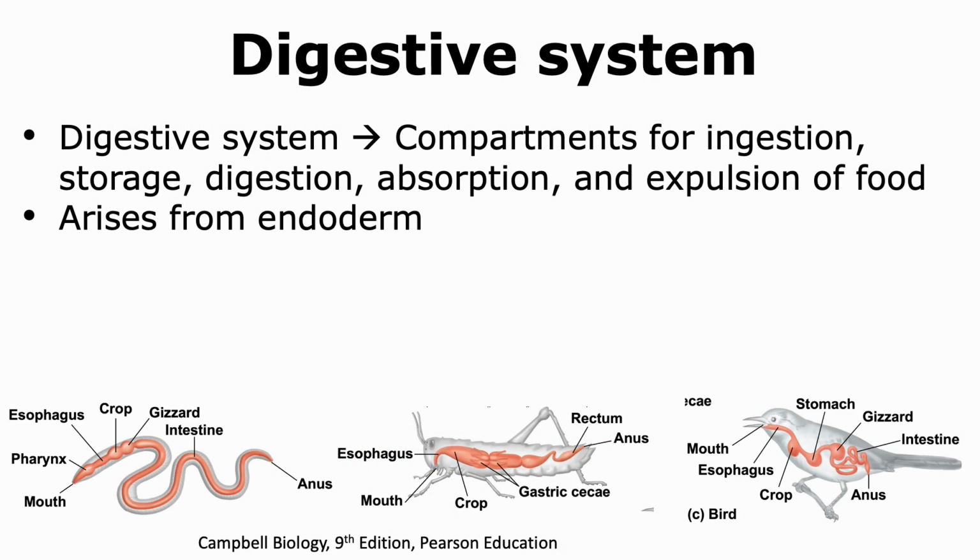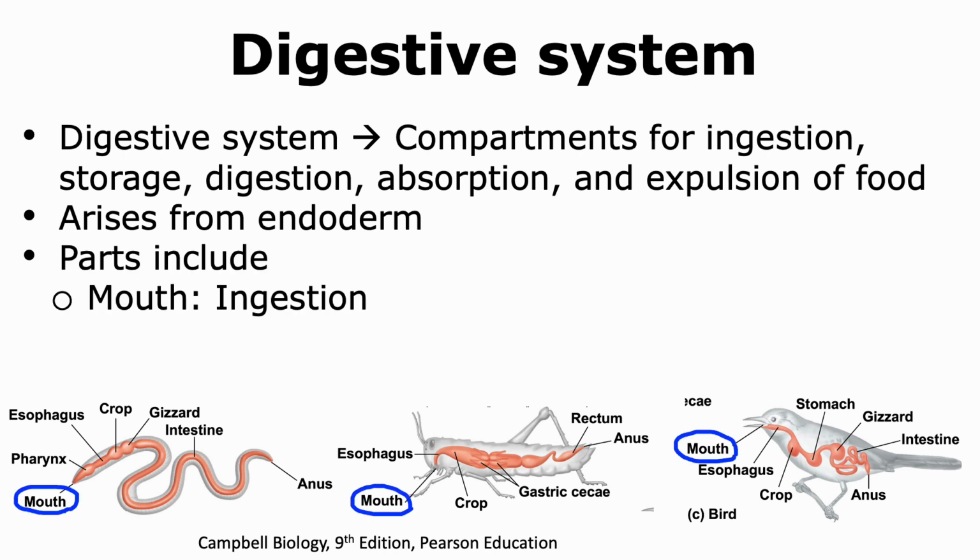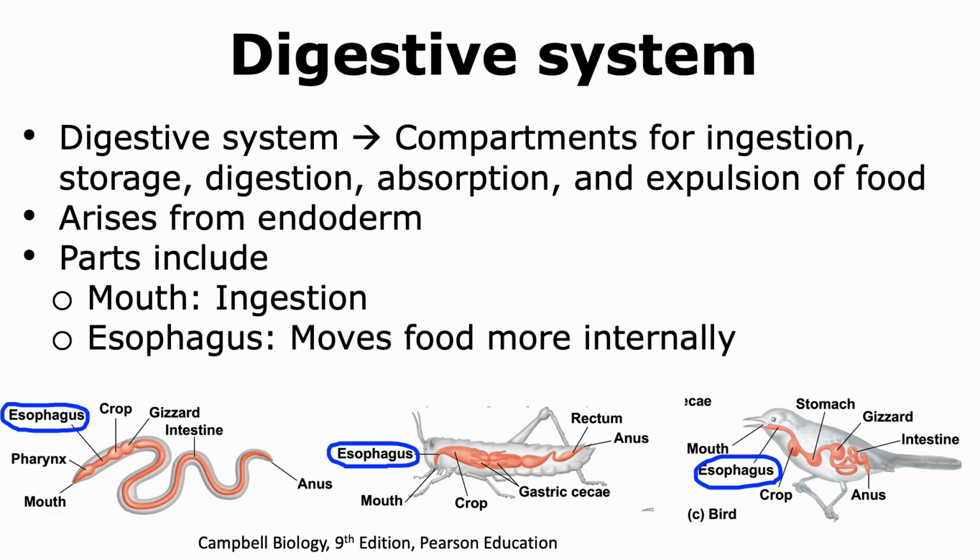The digestive system in animals usually arises from the endoderm, which is the innermost germ layer. The different parts present in a digestive system include a mouth, whose primary role is to ingest the food. The esophagus is a tube-like structure that allows the food to move from the mouth into more inner parts of